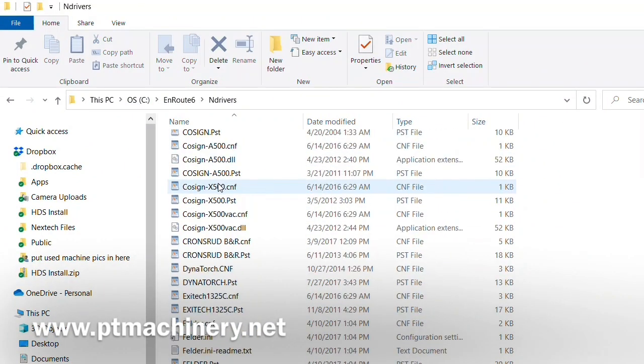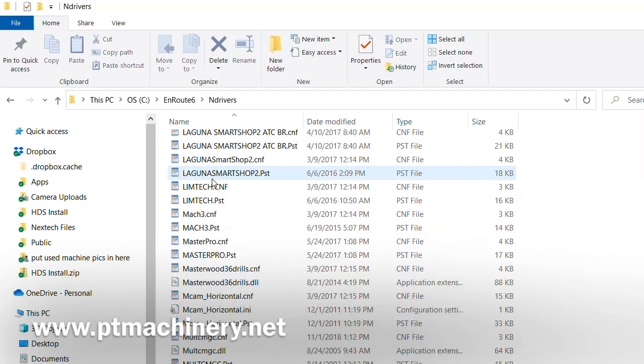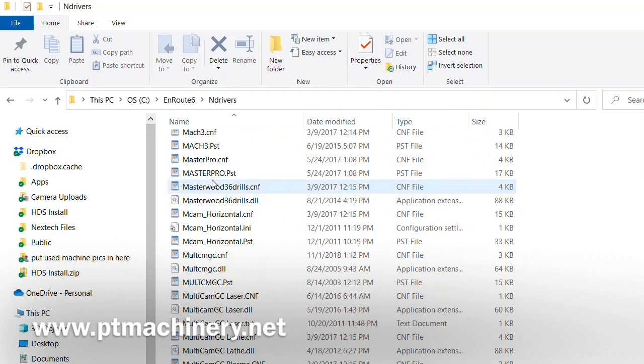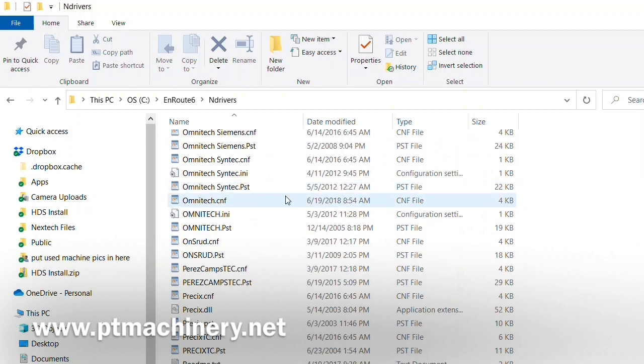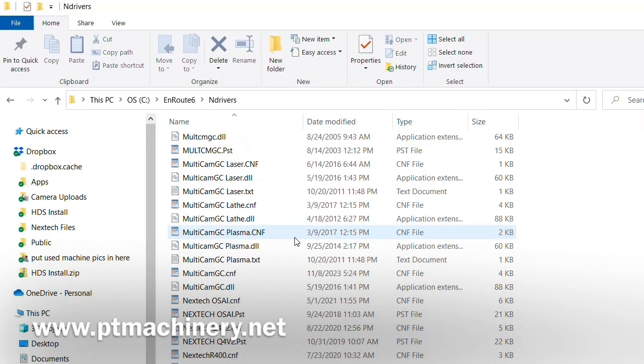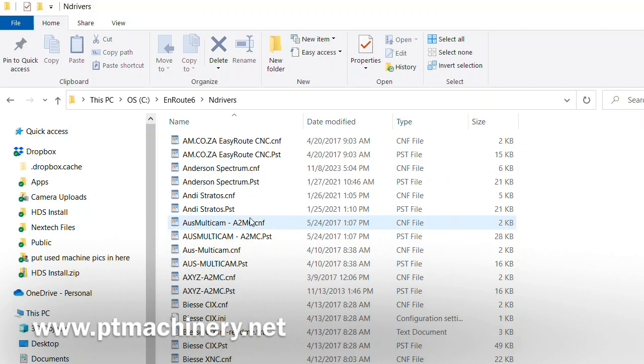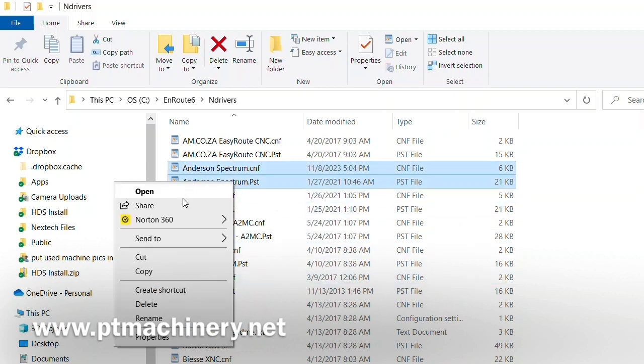So we'll look for the exact spelling and configuration of the driver that you had in the machine setup or the driver selection area that we were just in. So if that was the Anderson one, we would go up into Anderson because these are alphabetical, and there's the spectrum. Now typically you're going to have two files, so I would select both these files and then right click copy,